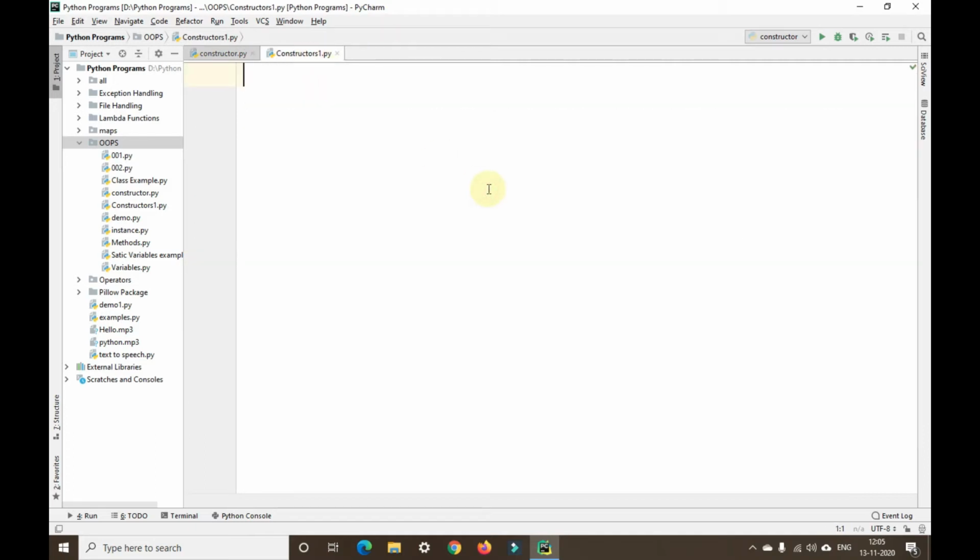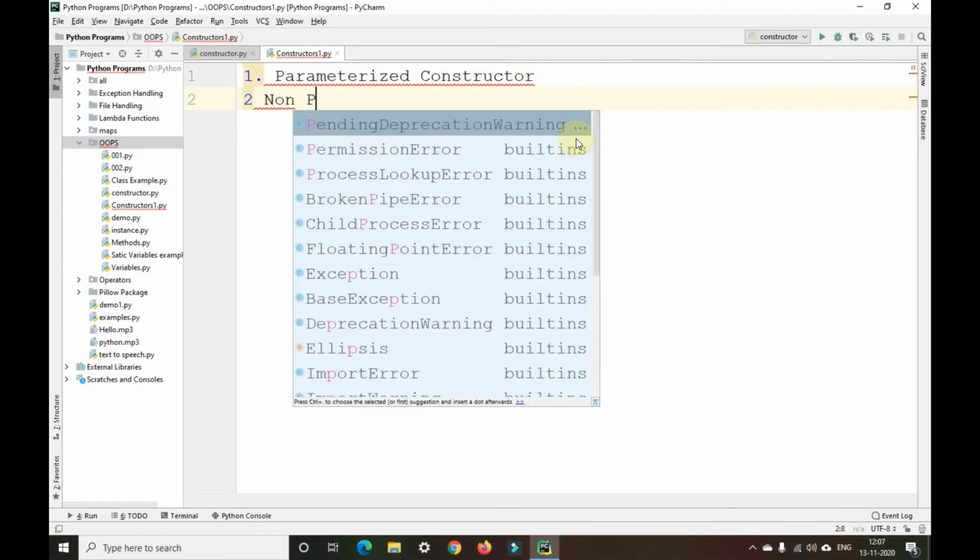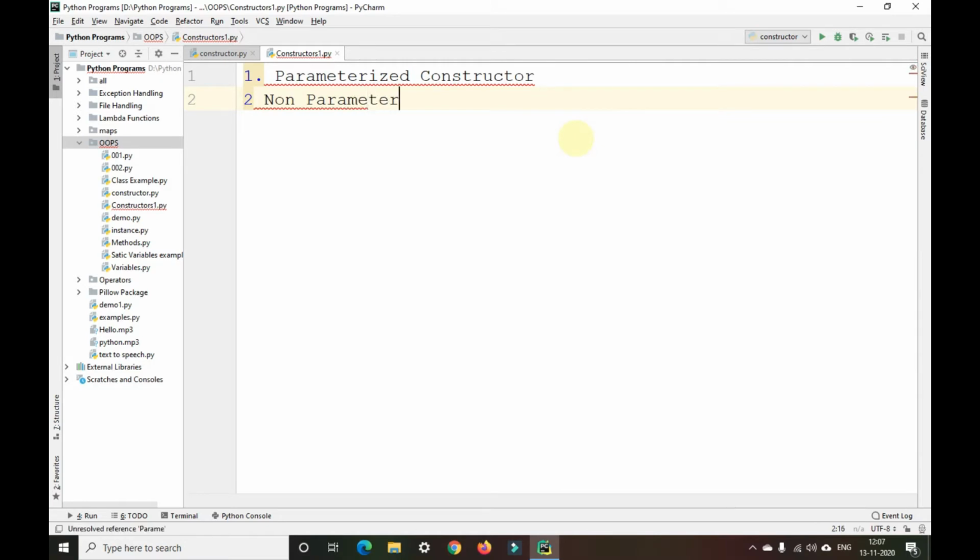So we can define constructors in two ways, that is parameterized constructor and non-parameterized constructor. Okay.